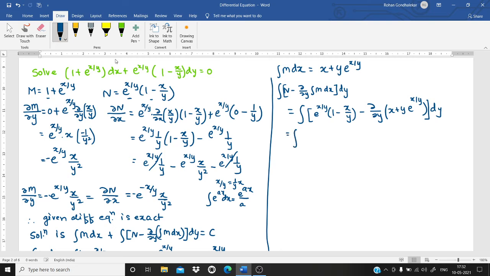So this is the integration of, I'll multiply this bracket by e raised to x upon y. So we get e raised to x upon y minus e raised to x upon y into x upon y, minus, as it is. In the first term there is no y, so the derivative will be 0. In the second term, y is present: y into e raised to x upon y, both have y. Hence in the first term we get only the derivative of y as 1 into e raised to x upon y, plus y as it is, times the derivative of e raised to x upon y, which is e raised to x upon y into x as it is into the derivative of 1 upon y, that is minus 1 upon y square. Fine.